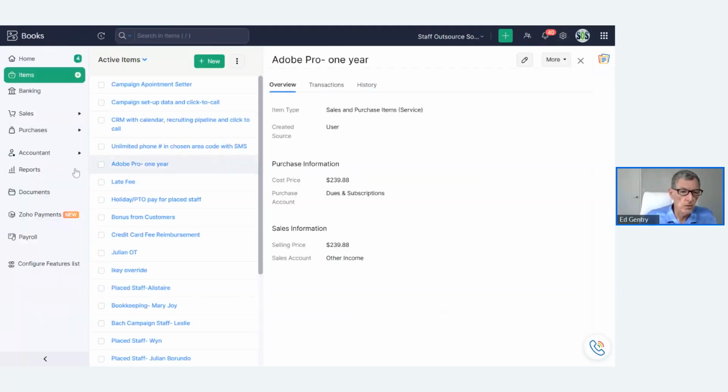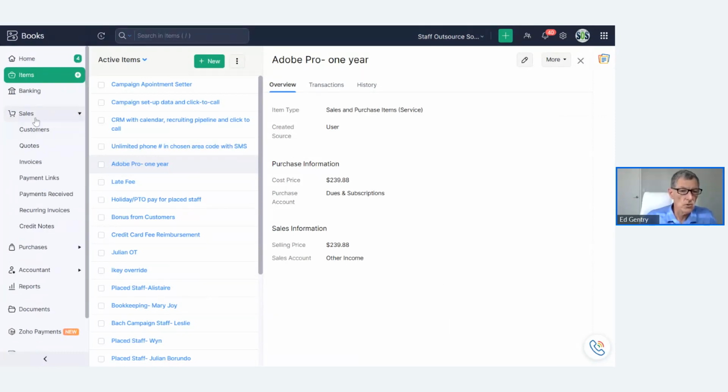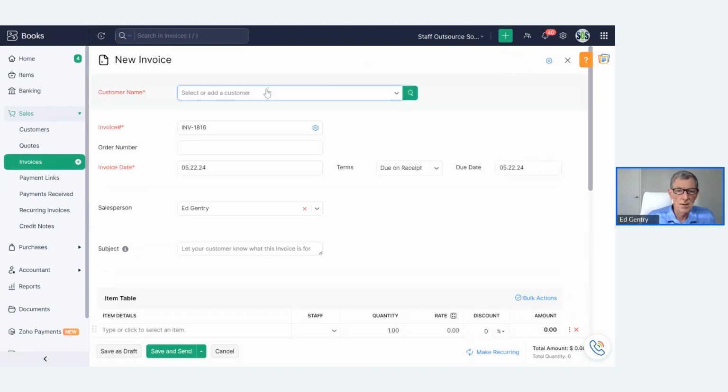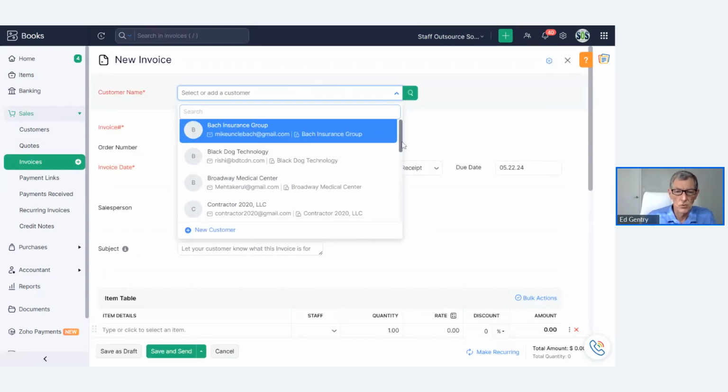And let's go back over to our invoices, which are under sales. So you have your customers, which you also preset all their information in there. You have quotes in here, payment links, payments received, recurring invoices, credit notes, all in sales. Well, let's take a look at invoices. So let's create a new invoice, and let's see, we'll use